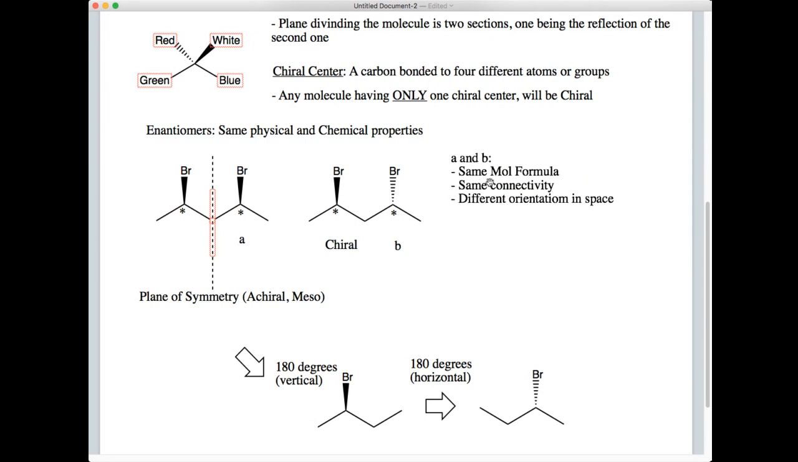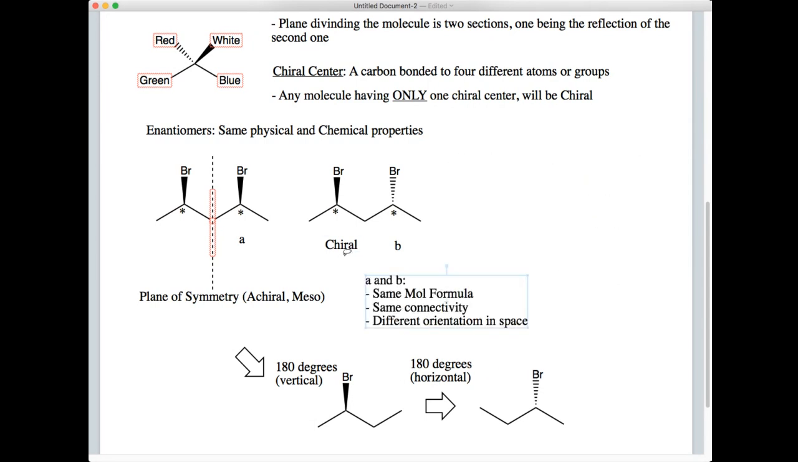So, guys, when we have molecules having same molecular formula, same connection, and different orientations in space, these molecules,